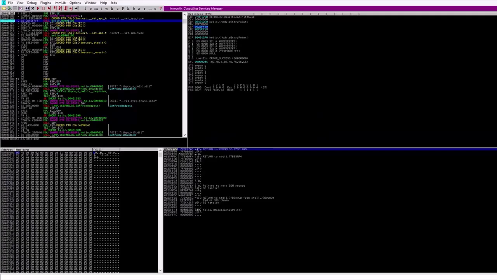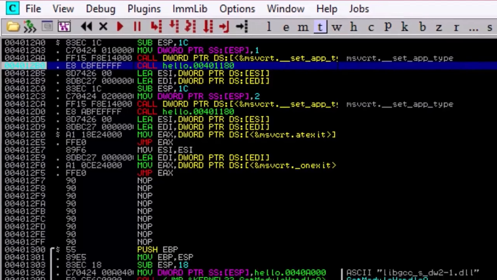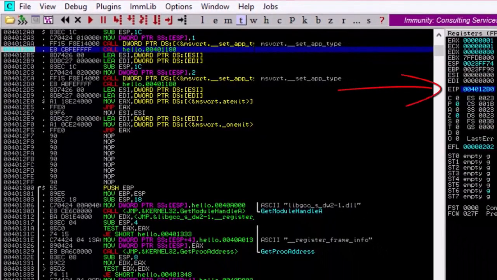So basically we have here the software breakpoint. If we click on play, you can see that it just executes right away and went straight to that specific address pointed at 4012B0. EIP is pointing to the same thing. So that's basically the way it works. Now,